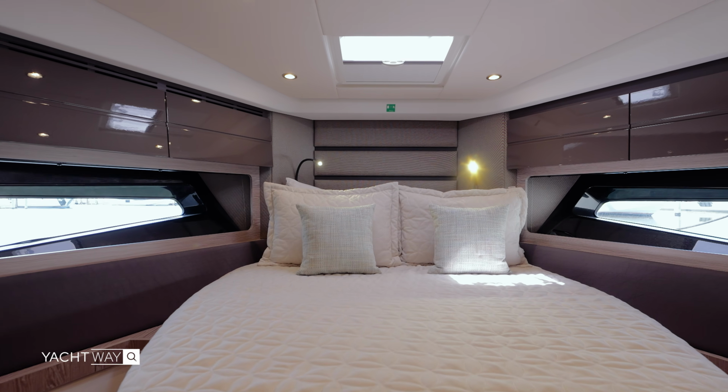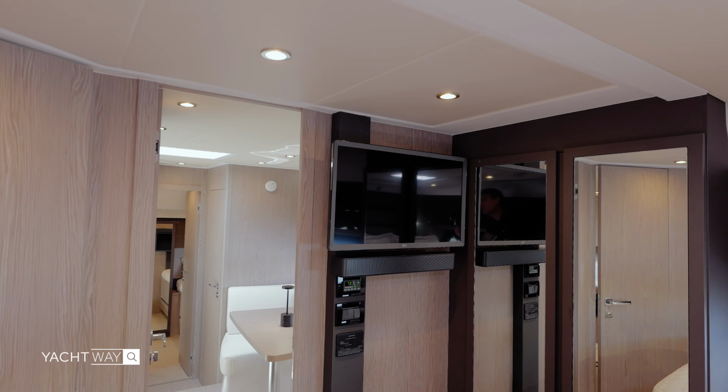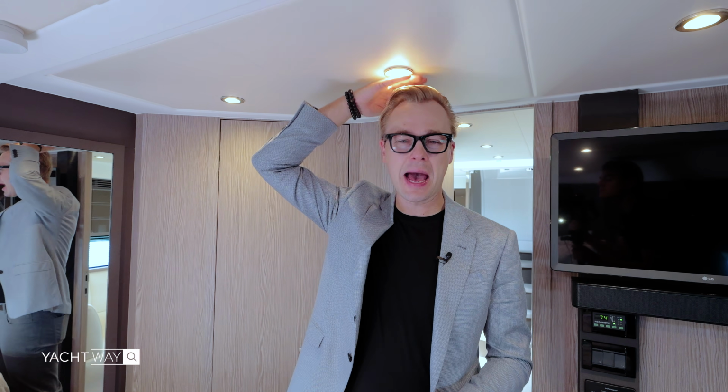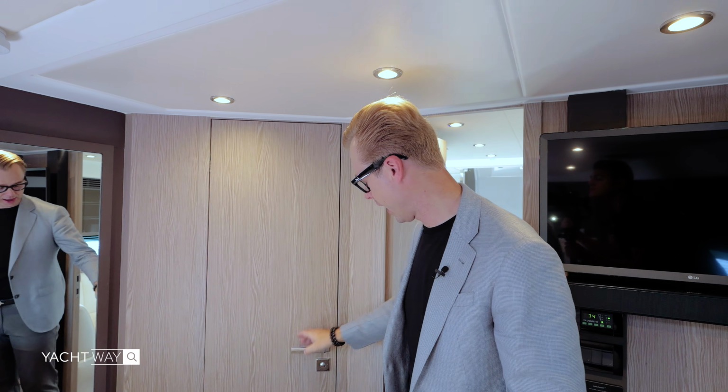All the way forward is where you have the owner's cabin. First off, obviously you can close down this whole room, giving you even more privacy. Next to that is where you have a TV mounted on the wall. Below that, a sound bar on top of the nice finishes. The fact that this room has ample headspace, even for taller people, me being 6'1",